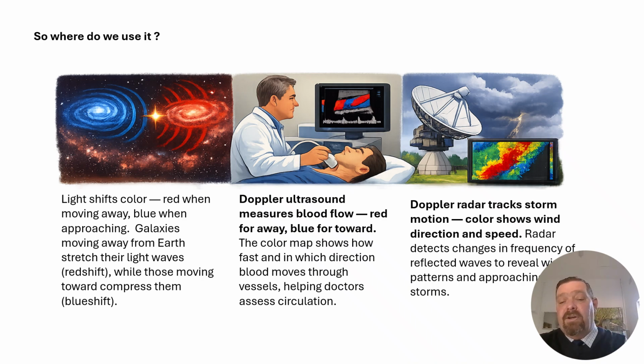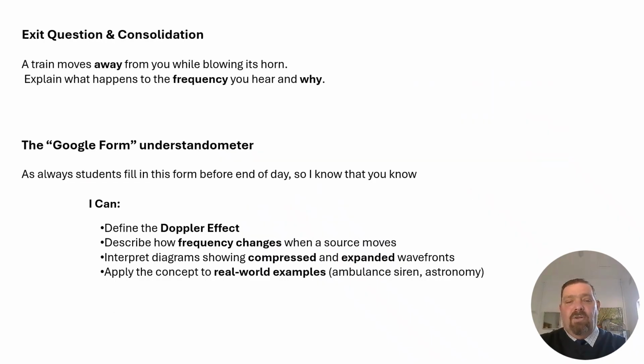We also use it in ultrasound to determine how fast blood is moving towards or away from a particular point. And they use it in weather. The reflected waves off weather fronts can help scientists determine and track what is going to happen with weather. Is that weather front moving towards us? Is it moving away from us? So there are many places in which we can apply the Doppler effect. Guys, we will talk more about this. I just wanted to show you that there are some real-world examples.